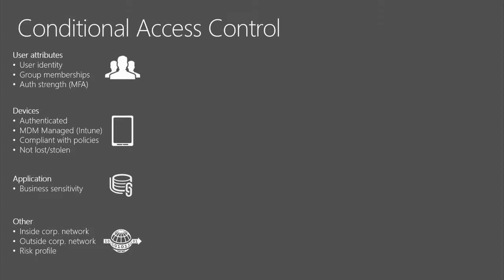They could be device conditions. Is your device known to us at all? Is it managed? Is it compliant with our MDM policy? It could be conditions specifically related to the application. Is the information stored in the application highly sensitive? And finally, it could be other conditions. You know, there's always an other bucket. Stuff like, what's the risk profile of this user given their recent activity? For example, I usually work in Redmond. Recently, I traveled to Japan. My risk profile is higher than in usual cases, and I might be prompted to MFA until the system understands that it's only me working from another location.